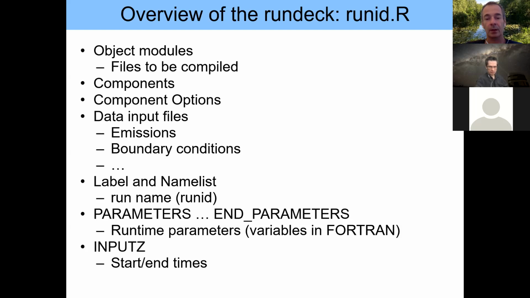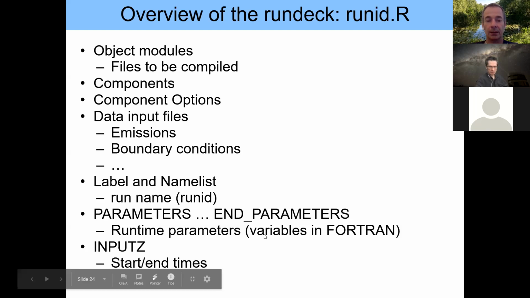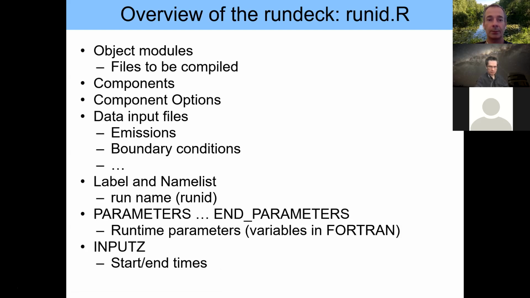And in there, you define a lot of things that you want to say to the model: here is a value that you need to use instead of whatever default the code has. And that sounds easier than it is, because you cannot go into the model, pick a variable in a subroutine, say "I want to change it," and then put it into the run deck and it changes. You need to have a certain way to make the run deck and the code interact